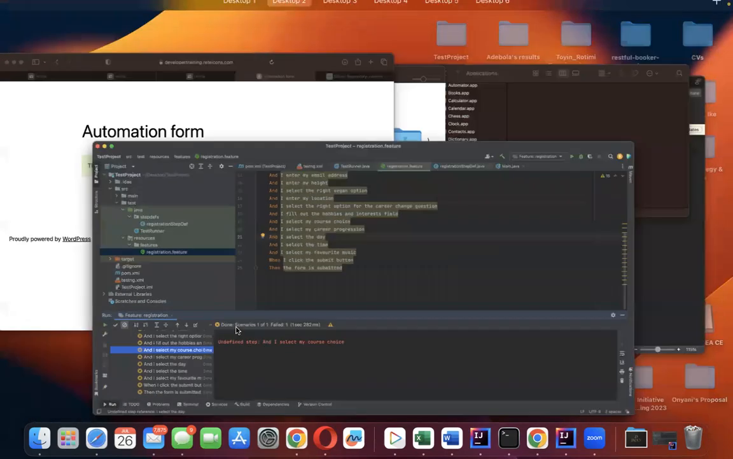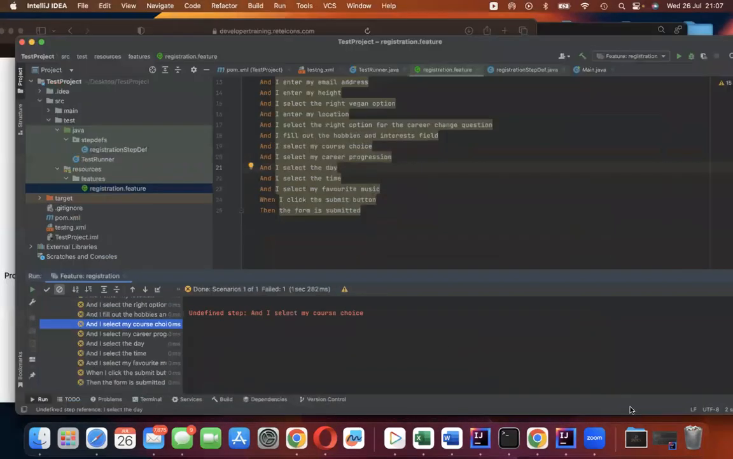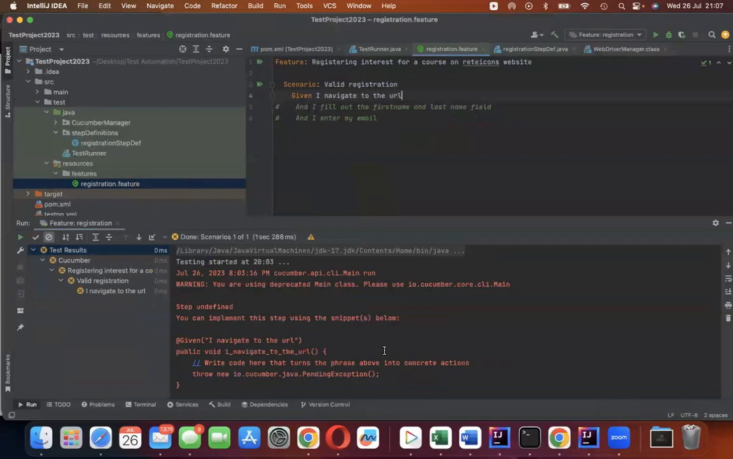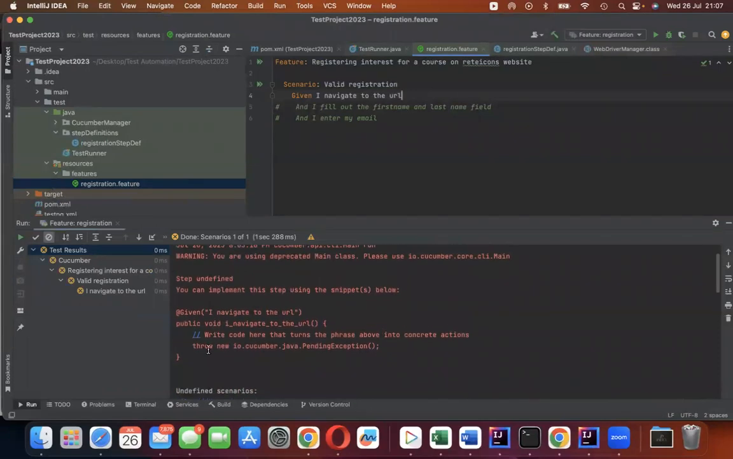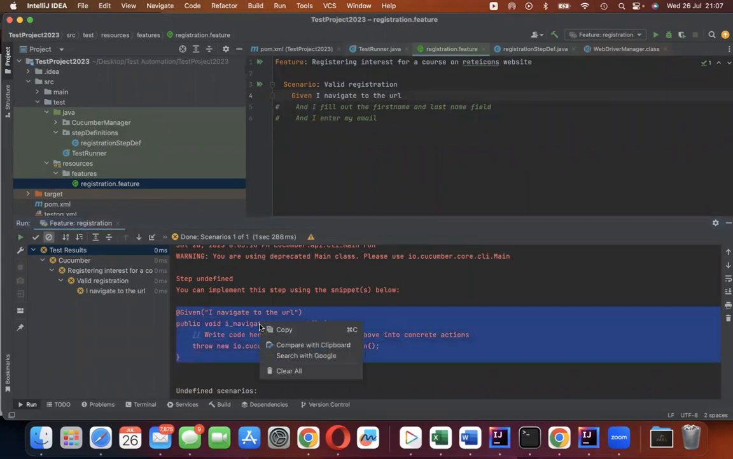Because normally it should create it like this. This is what I wanted to bring up. You can see it says step undefined. You can implement this step using the snippets below. So this is what it's meant to give me, something like this. And all I need to do is to just basically copy,